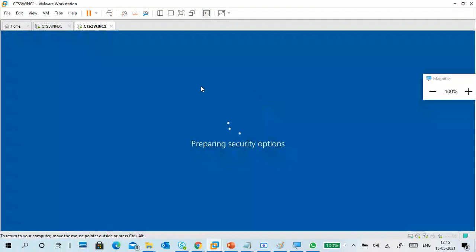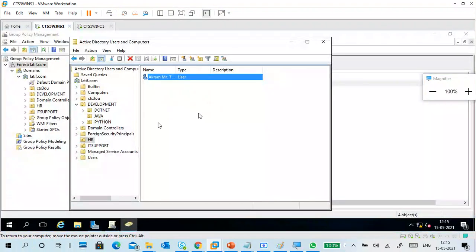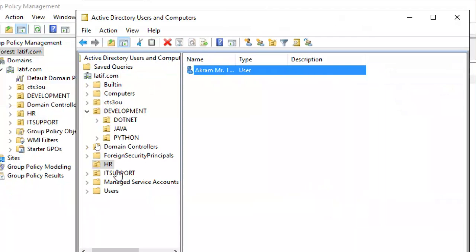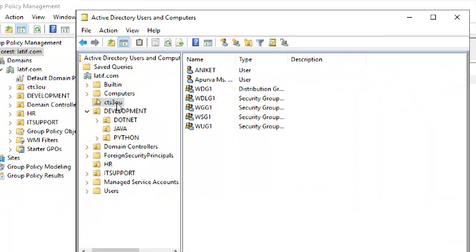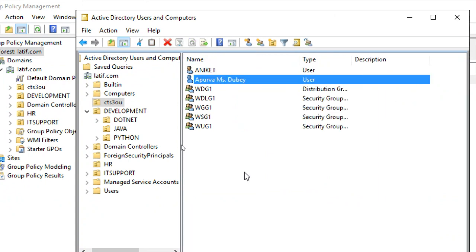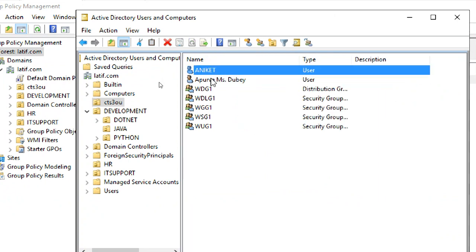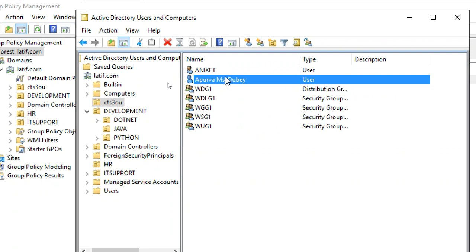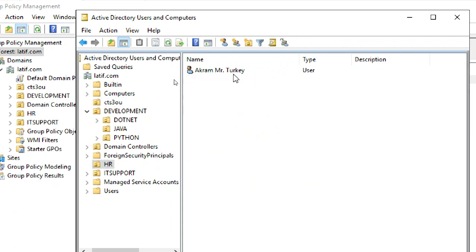Okay, so Akram is in the HR OU. But I linked the policy to the CTS3 OU. Who is there? Aniket and Apurva, these two users are in the CTS3 OU. But Akram is in a different OU.